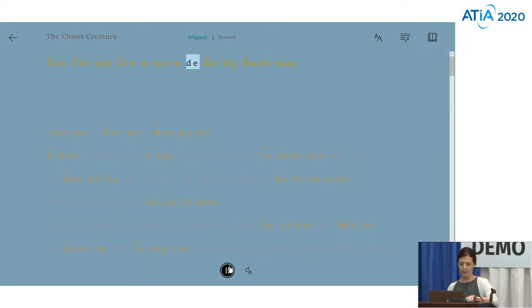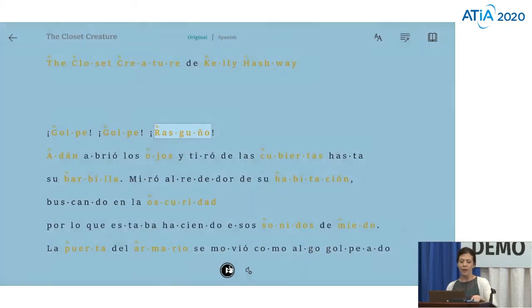The closet creature de Kelia Sway. Golpe. Golpe. It might be a little bit hard to hear in this busy exhibition hall, but you get the